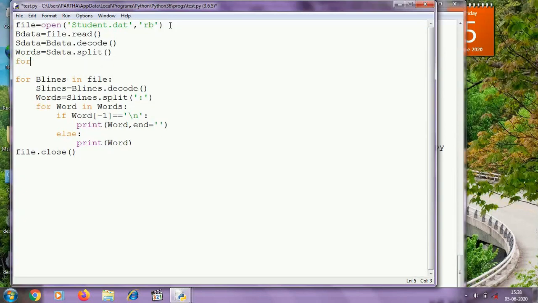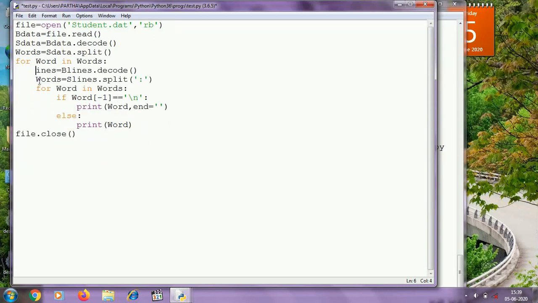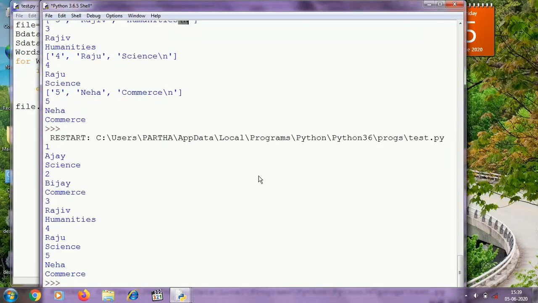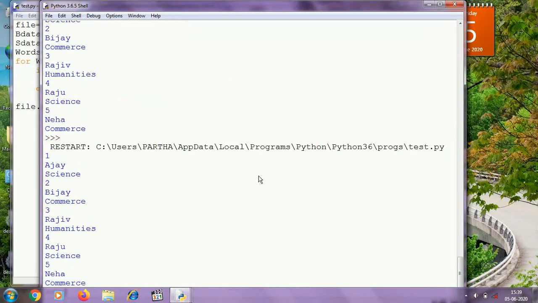Now using the loop, I am iterating over the list words, and here I am printing the words one by one, and I need to split depending on column. Let's see. You can see it is working properly. There is no problem.